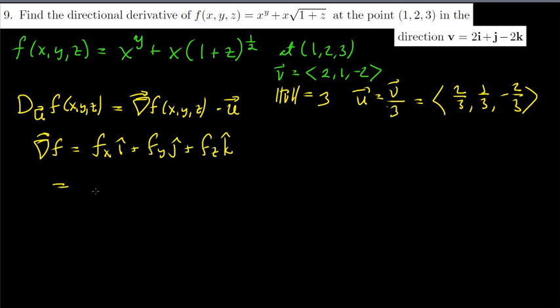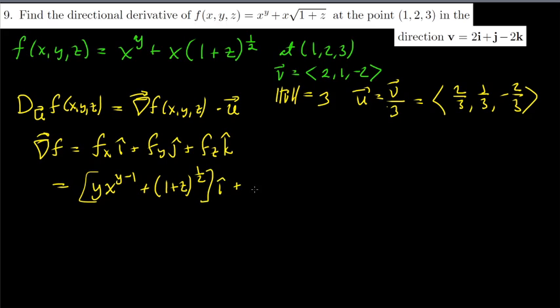First, the partial of f with respect to x is y x to the power y minus 1. That's the power rule for derivatives. Plus the square root of 1 plus z, which I write as 1 plus z to the 1/2. All of that times the vector